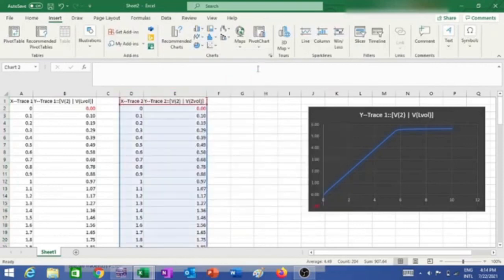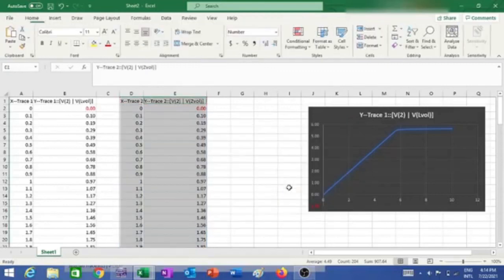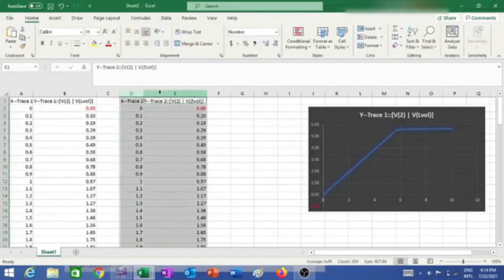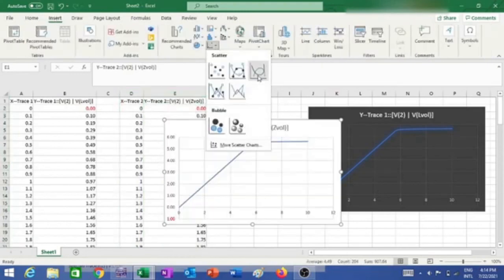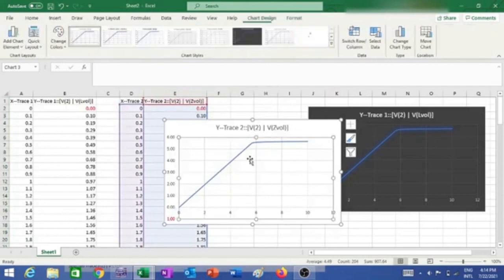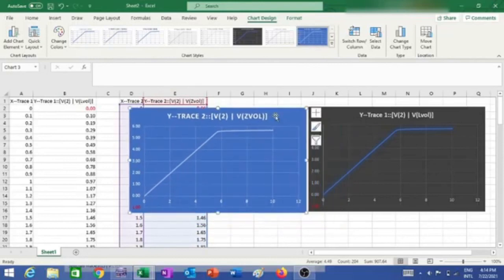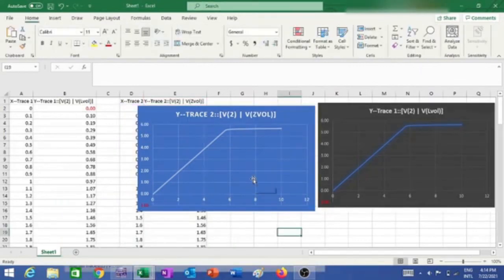So here some double values came. Let me check it out. So insert, scatter graph, choose this. Yeah, I got the graph. By mistake somewhere I had clicked the double value scheme, that's why the error was there. So here you can see this is my Zener voltage and this is my load voltage at supply voltage 11 volt, and at the back this is at 9 volt.